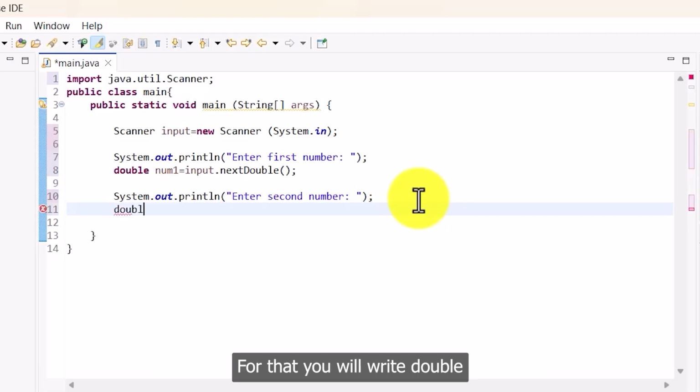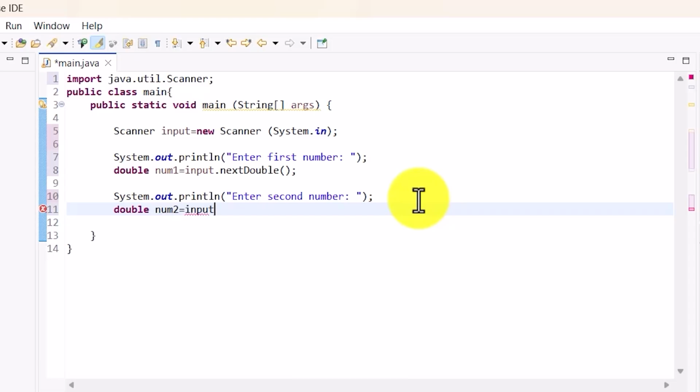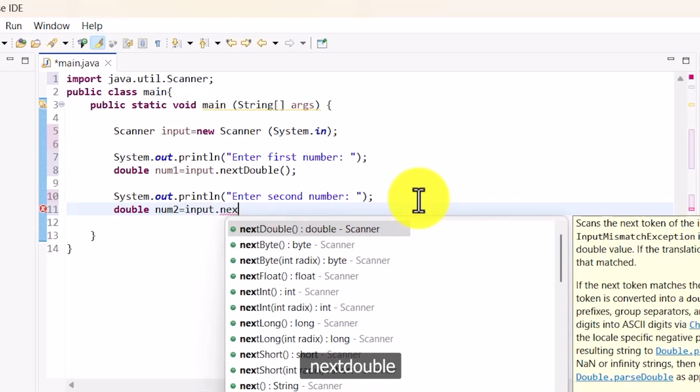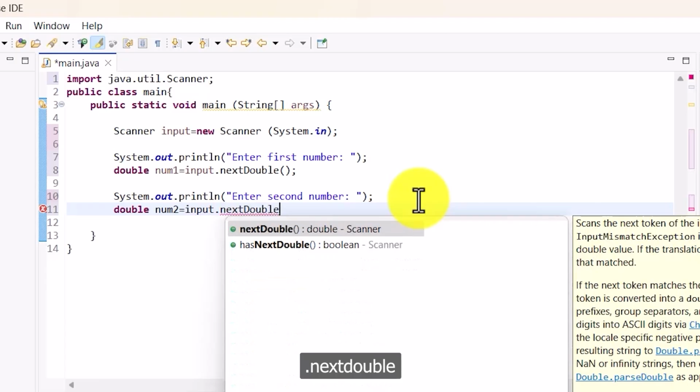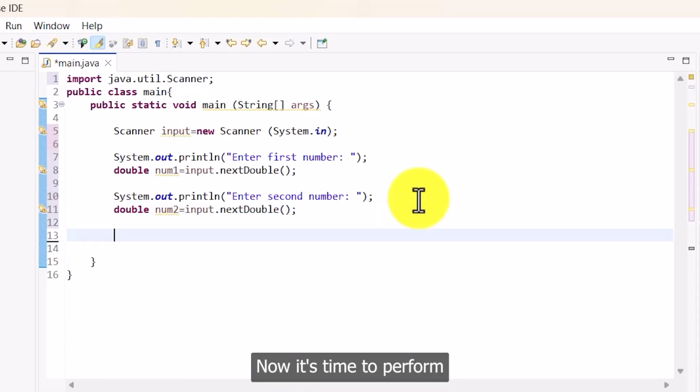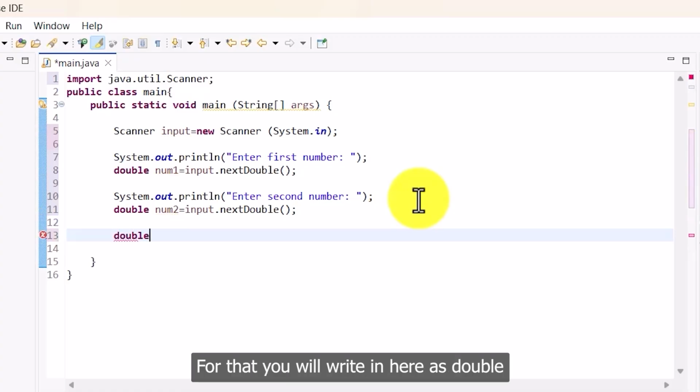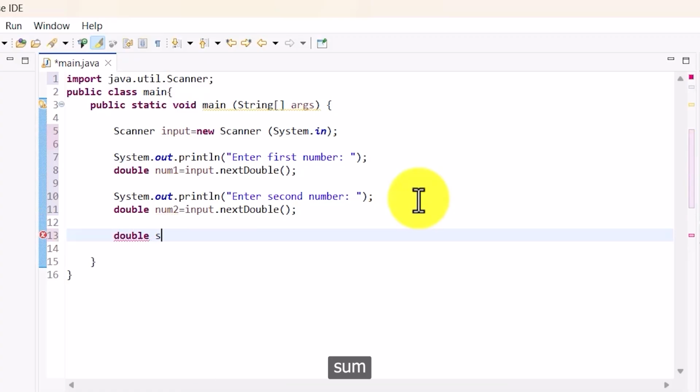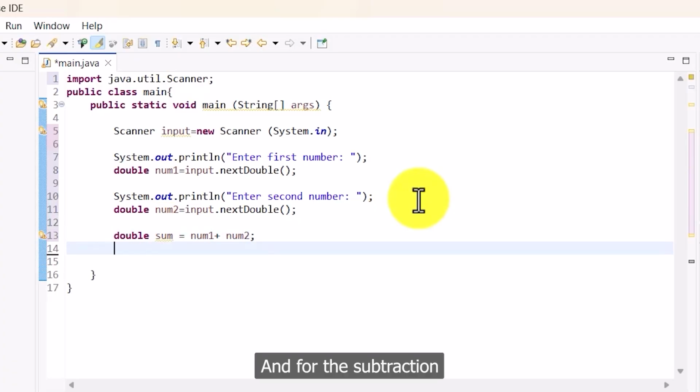The second number must be double as well. For that you will write double num2 is equal to input.nextDouble function. Now it's time to perform the calculations. For that you will write double sum is equal to num1 plus num2, and for the subtraction you will write double